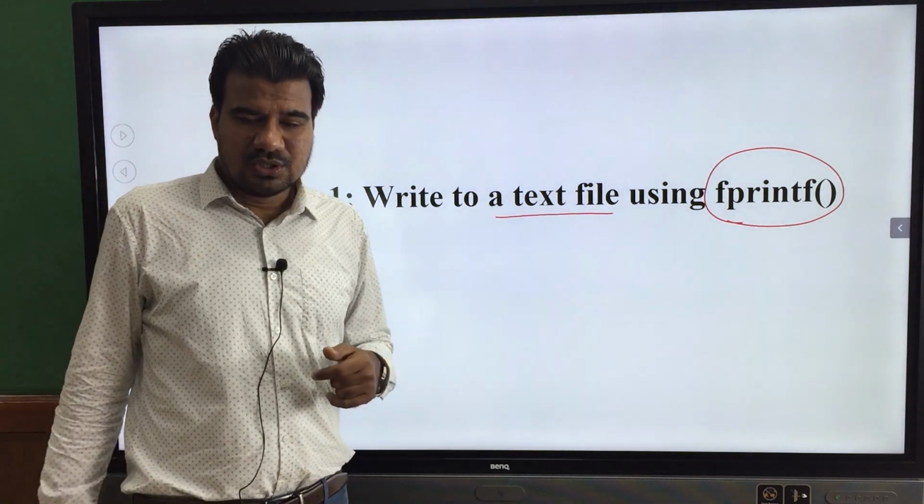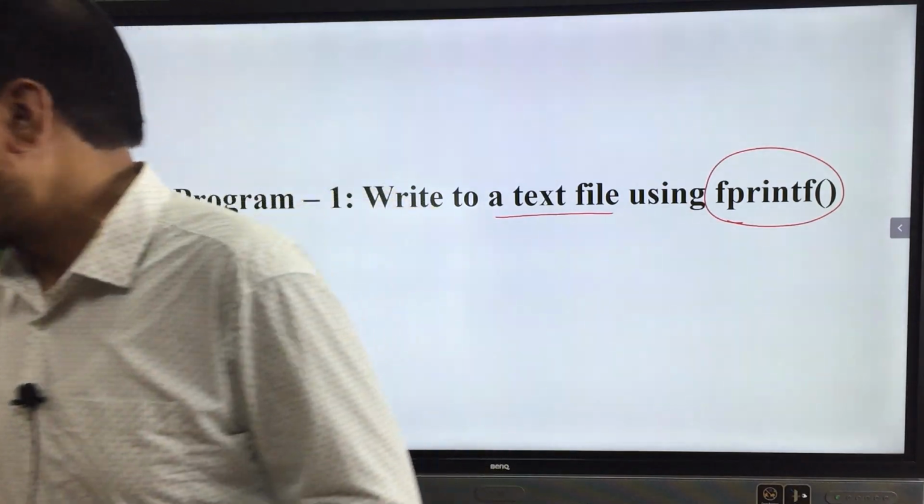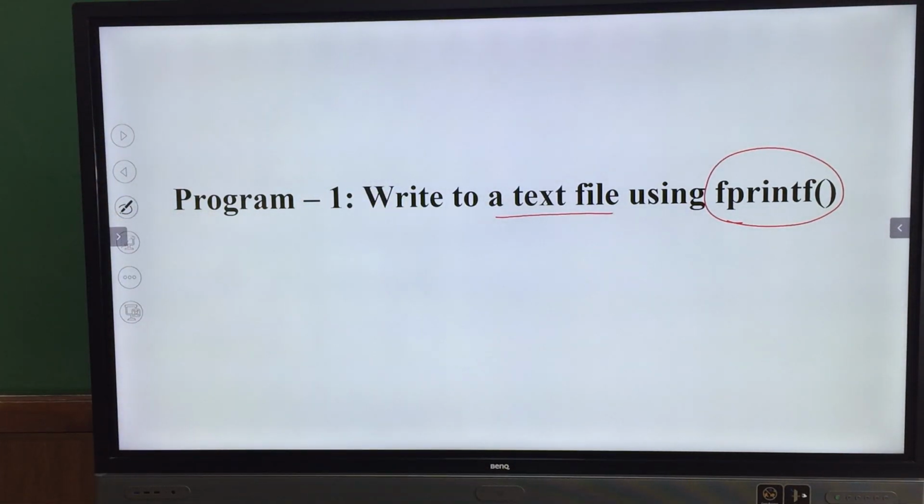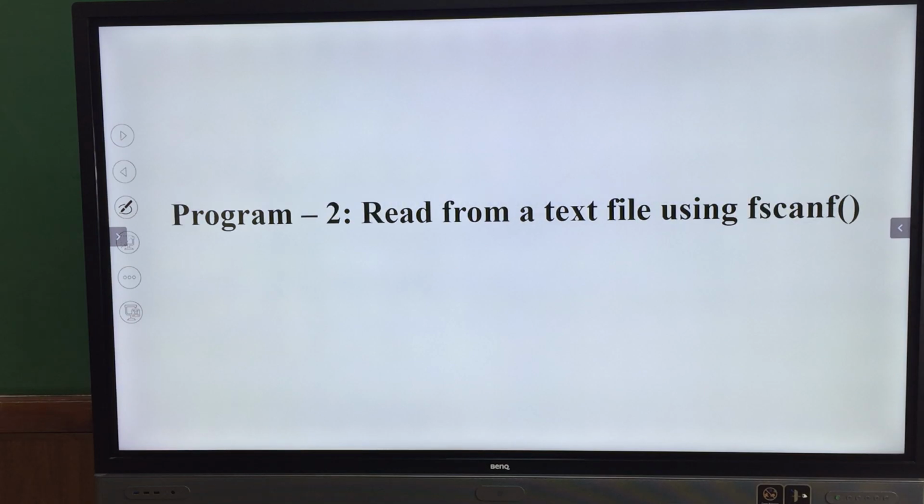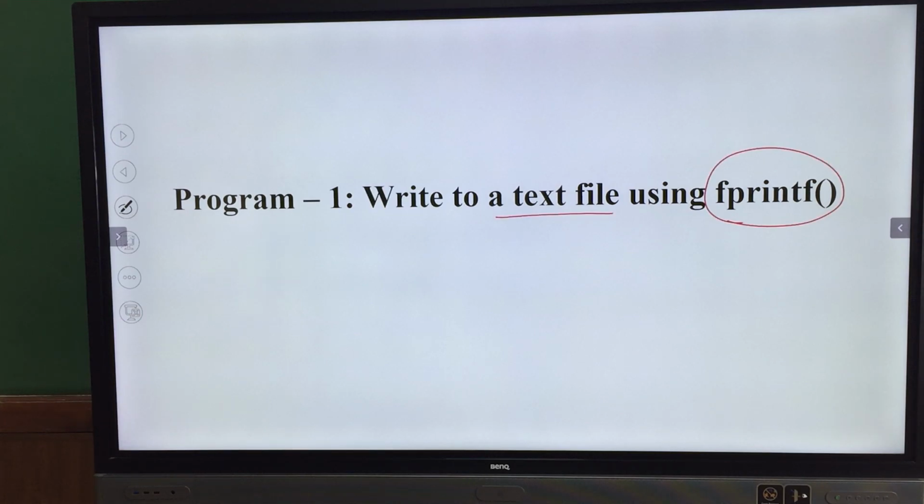Hopefully you understood. So let me show you these things practically. I need to open my IDE. These two programs we will do. The first program, as you can see, writes to a text file using fprintf, so we are performing the write operation to a file.